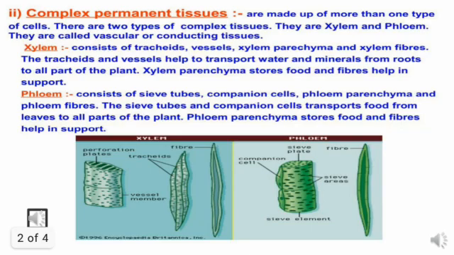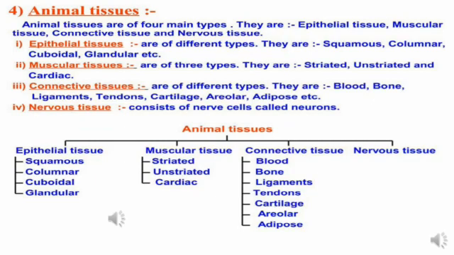Now next we will talk about animal tissues. Animal tissues are of four main types. They are epithelial tissue, muscular tissue, connective tissue and nervous tissue. Now let us have a look. What are these? Epithelial tissues are of different types,